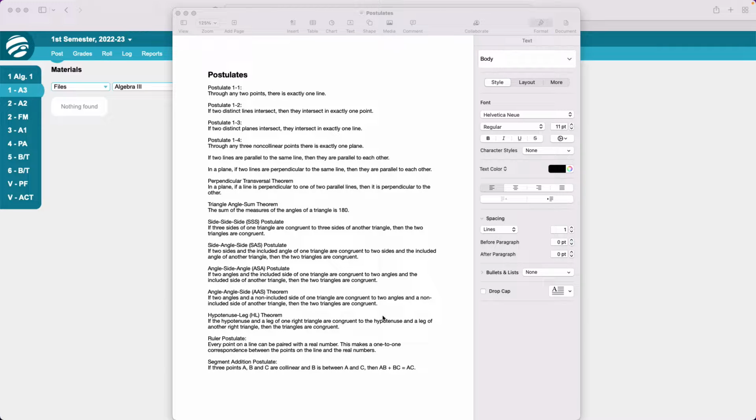So here I've created a list of common postulates that my students will need for the first semester in Algebra 3. We're going to be writing proofs beginning around lesson 15, and they need to have the ones that we're going to use the most often, the most common. Those are all the ones we're going to use this first semester. And so what I did was I typed up a handy list, and now I need to save this as